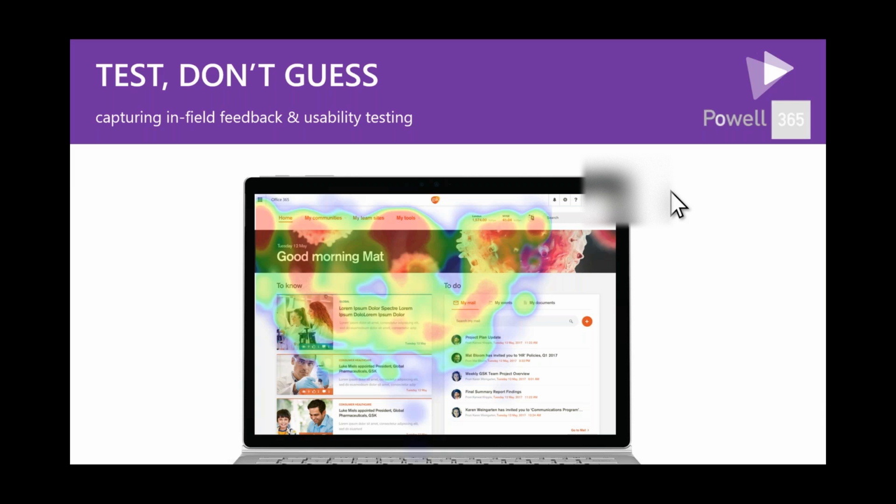So typically what we found in our research is that people go to a home page or any page and they see whatever is within scrolling distance, and they don't typically scroll down as much. About 10 or 15% of people scroll down. So you typically want to try to have your most important, relevant content at the top, and how that information gets displayed, you have to manage that. So that's a quick call out. Just make sure you test and don't necessarily guess whether things are working. Actually look at the data that's being shared and look at the data around how people are leveraging the tools,